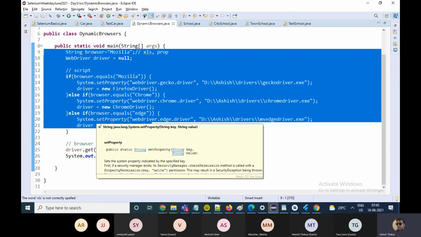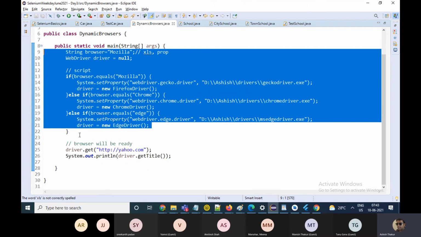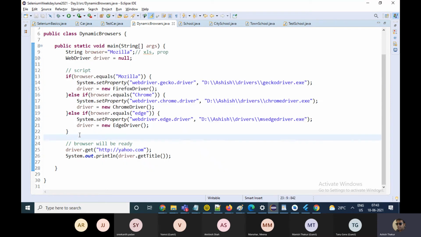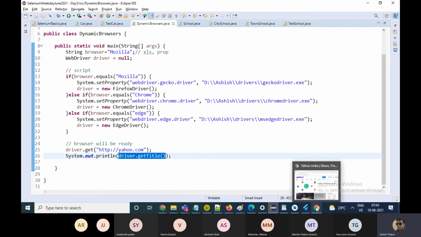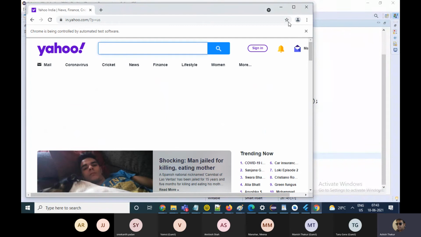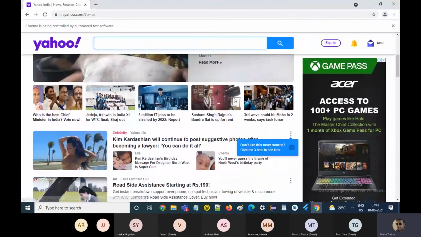Every time you launch the browser, you launch it dynamically. Now, once you have launched the browser and gone to the website, you have to interact with the elements on the web page.